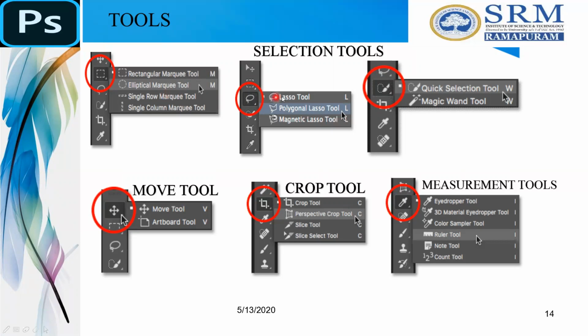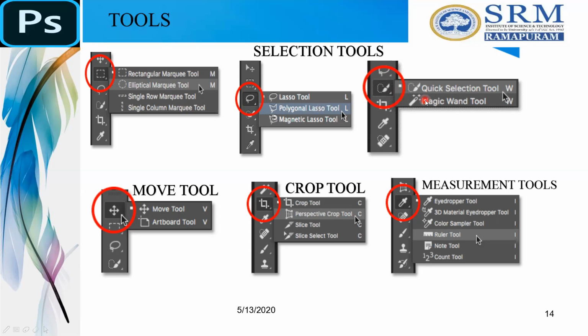Okay. The next one is a laser tool. So this laser tool is a freehand tool. You can move along the area where you are going to select it, or you can choose a polygon laser tool. So this polygon laser tool will be used to select with a closed loop in the form of a polygon. Then the magic laser tool, you will select it, and step by step, pixel by pixel it will select it. So you will have an accurate selection of your layer.